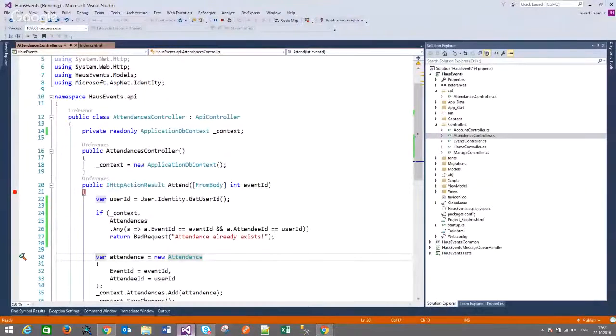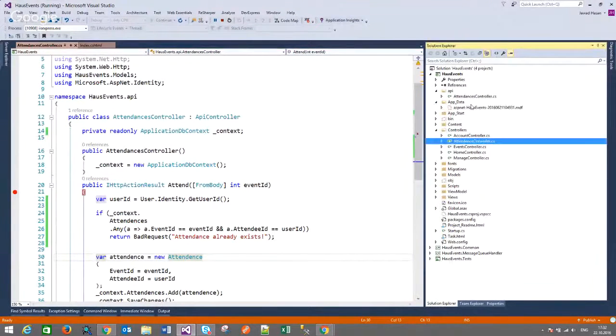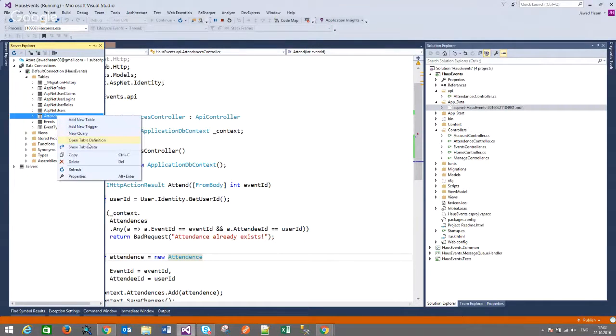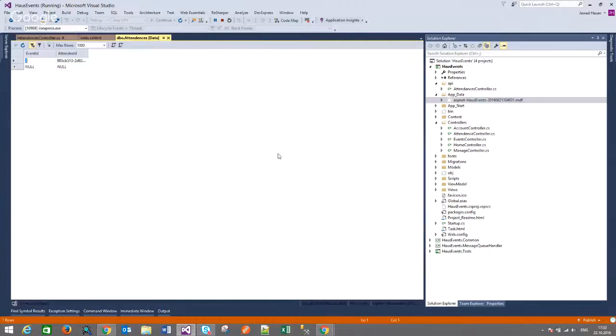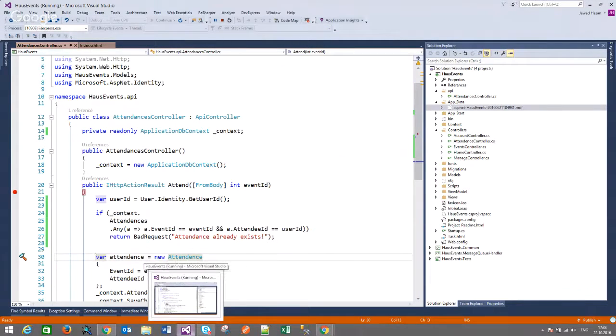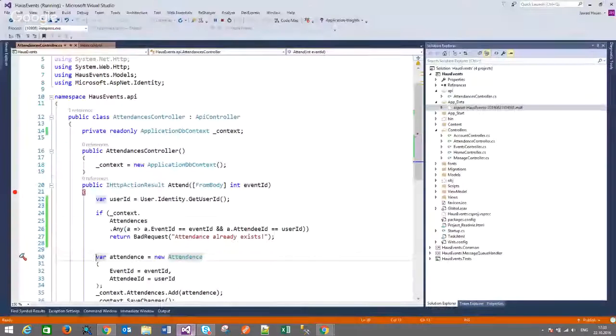And if I come here on my database, currently, as you know, it's local DB, but you can definitely attach it to your SQL server, and it is our attendances record. Show table data. We got the record. Looking good, huh? One thing actually at this point I would like to do is, first of all, I have